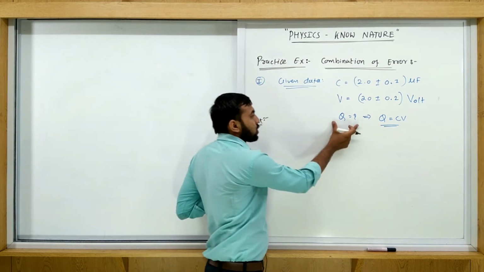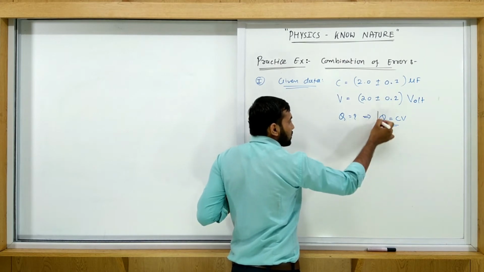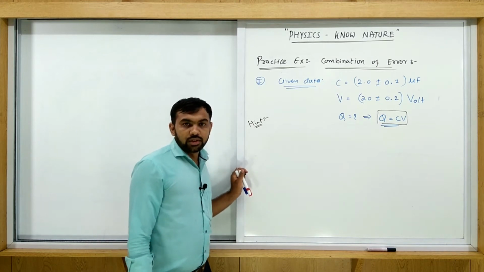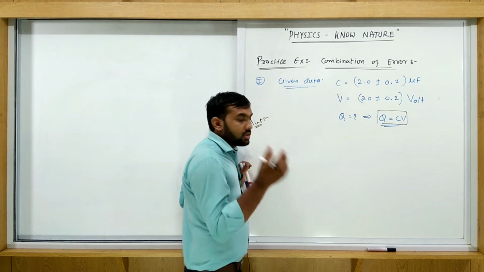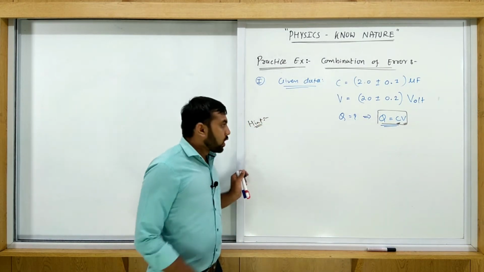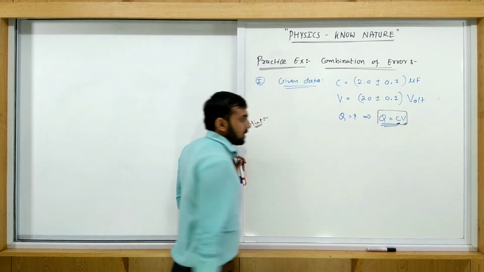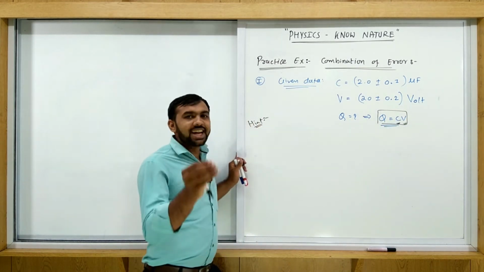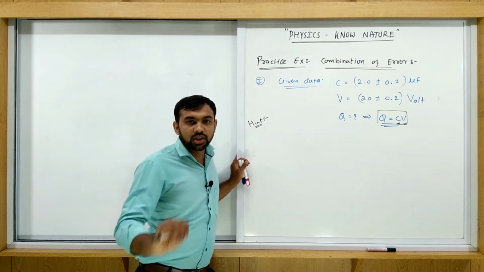So we have to find the Q here. Q is equal to CV, this is the given equation where C is the capacitance and V is the voltage. Can you understand it properly? This is the product of two physical quantities. Q is CV. What is the meaning of this? The resultant quantity is a product of two quantities. So you directly apply the rule of the product, whatever we studied during the theory sessions.